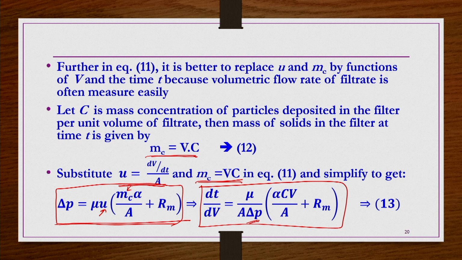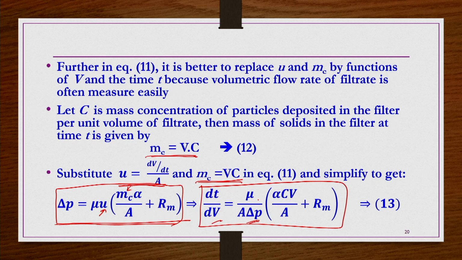Let us say you take a filter medium and a slurry, and allow the slurry to pass through the filter medium at a certain pressure. With respect to time you can collect the volume of filtrate and tabulate that information. The viscosity of the filtrate is in general known, or you can calculate it. The area of the filter medium is also known. So V is known, A is known. If you want to calculate alpha and Rm, everything in this equation is known except C. What is this C? How to calculate it?